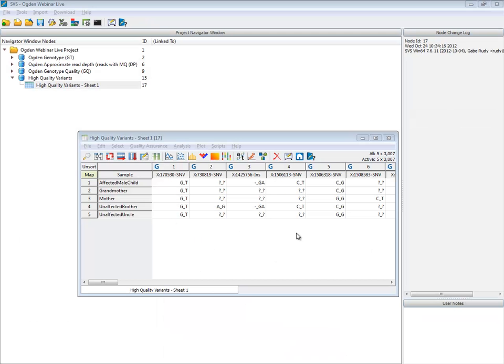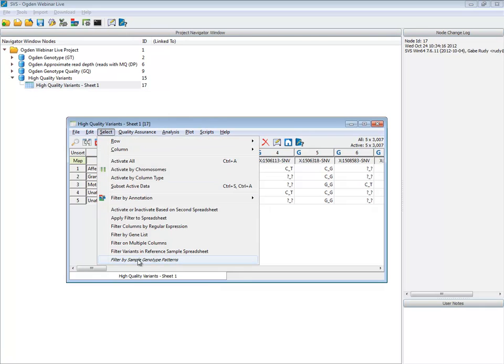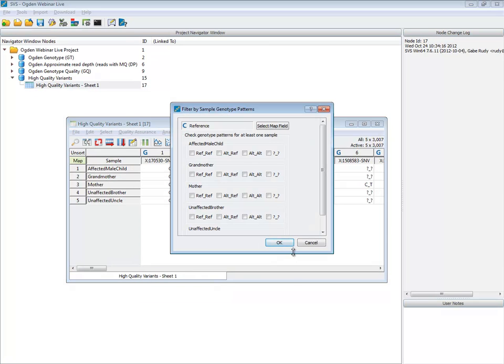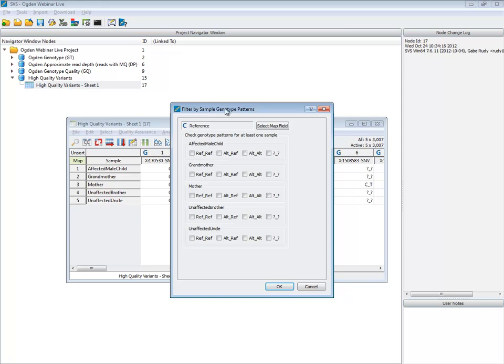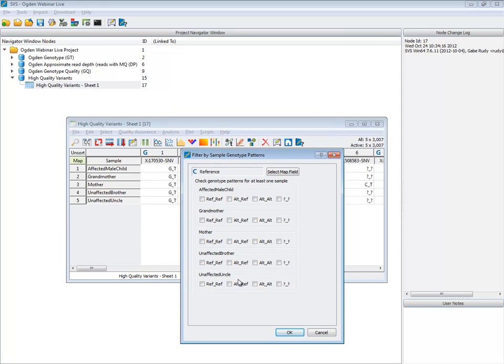So there we have our spreadsheet that has our high quality variants, which is our starting point. And we're going to go to Select, Filter by Sample Genotype Patterns. That's just a clever way of saying we're going to look at any variant site that matches that set of restrictions on what we would expect the genotypes to be for our individuals.